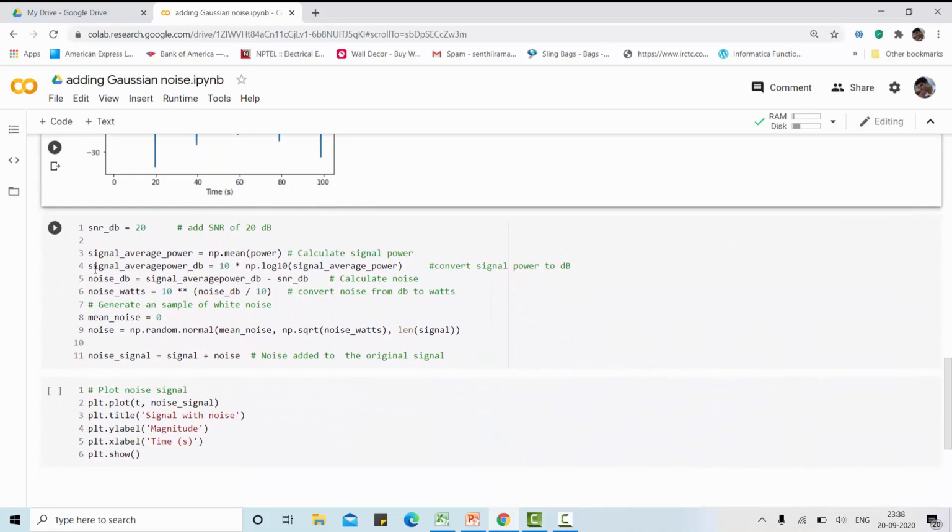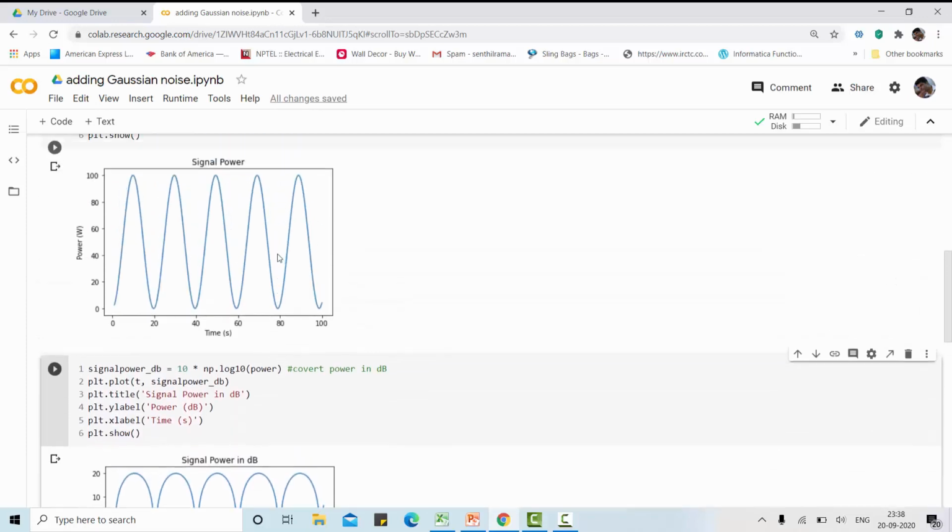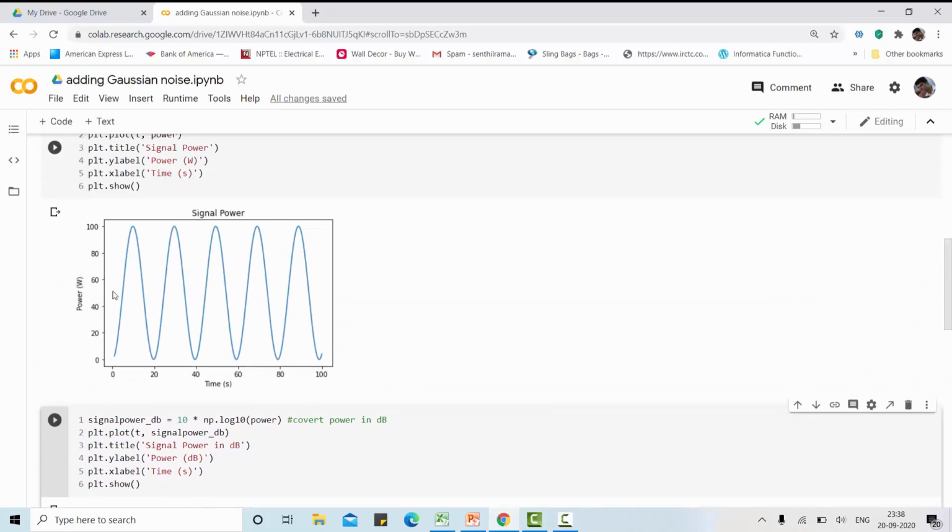Then actually I want to add an SNR of 20 dB, that is a signal to noise ratio of 20 dB. So remember, we have to calculate the signal average power. The signal average power is np dot mean of the signal power. I have to calculate the average value of this.